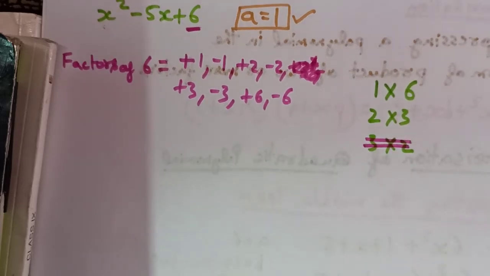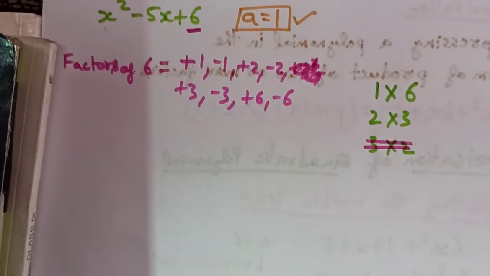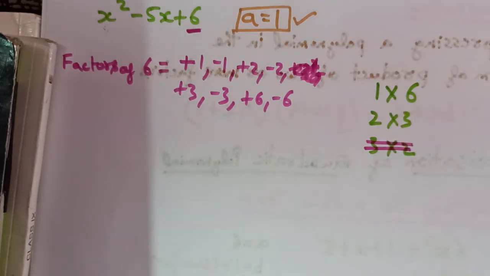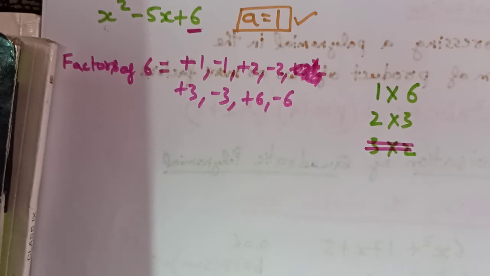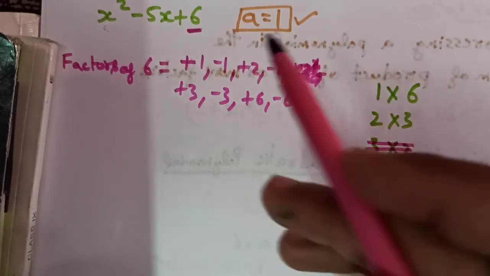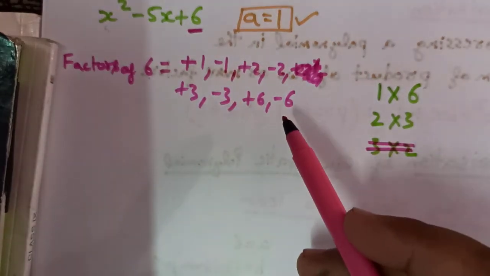Okay, so this is what we are doing for the first time, so I have written like this. In the other questions I will be writing it as plus minus 1, plus minus 2, plus minus 3 and plus minus 6. Now it is very important to note that we have got how many factors. Some of the students might be wondering how this minus 1 and minus 3, minus 2 and minus 6